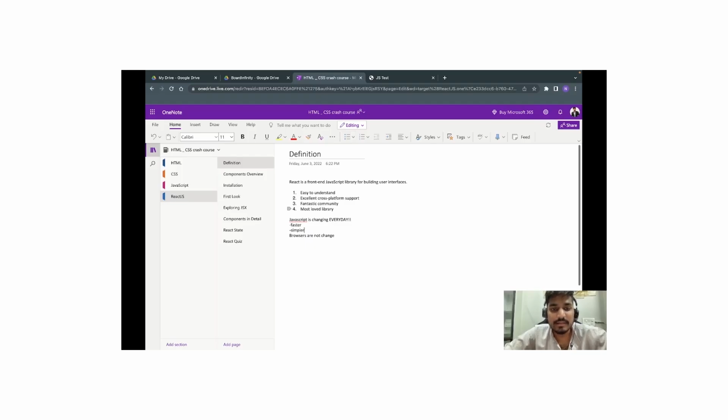Simpler, with fewer lines of code and a lot of features. That is why JavaScript developers keep improvising on this every day. But the browsers are not changing. That's the main thing: the browser can compile JavaScript, right? Browsers only understand JavaScript. They do not understand React, or any other language. But the thing is, the